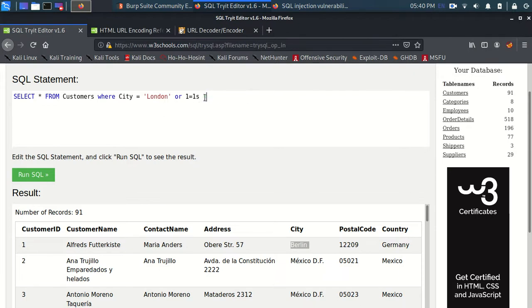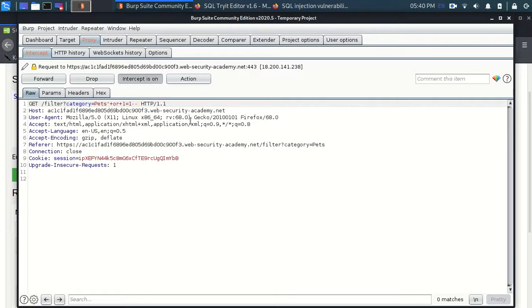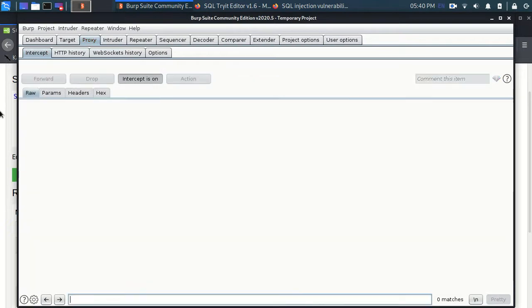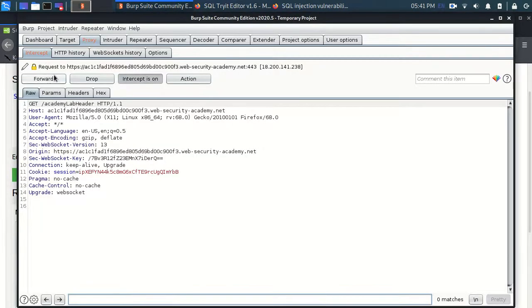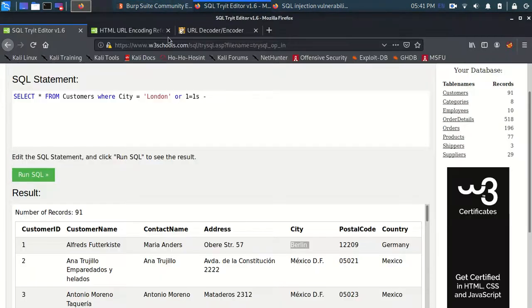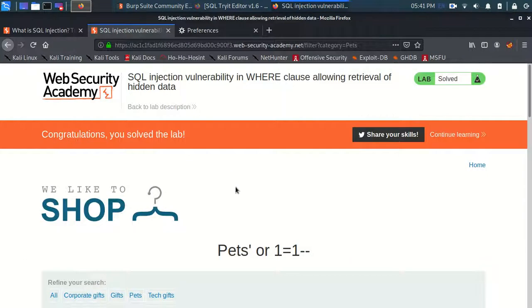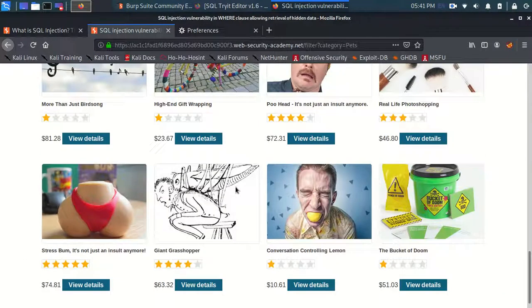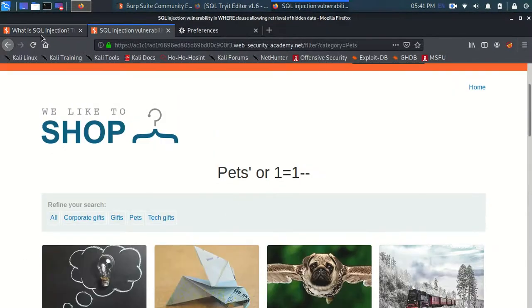So this is what I did, and then I forwarded this request, and let me again forward these, and you can see right now we have again accessed everything. So this solves our lab, and we have seen the hidden information via SQL injection.